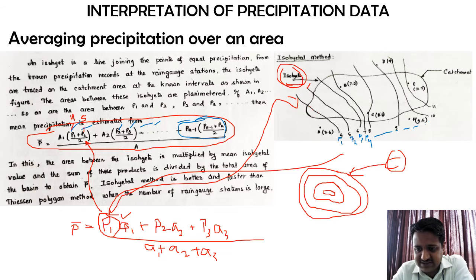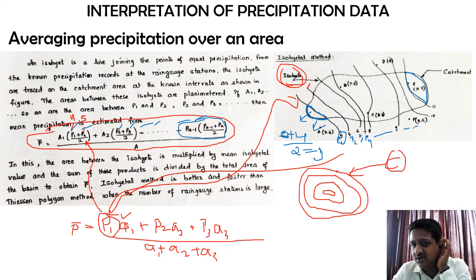Now you might have a question about what happens to these end sections, because you can see there is only one iso height falling in. This P1 is falling for this particular area, and again for this last section only one iso height is there. At that point, we can consider the rainfall as 0 plus P1, that is 4, divided by 2, so the answer is going to be 2.